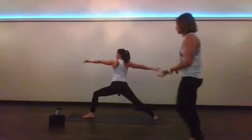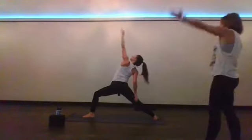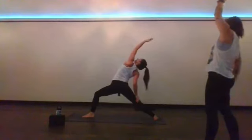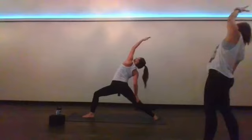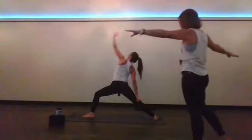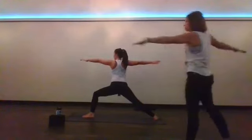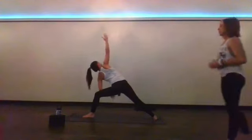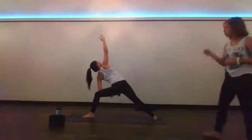Flip your front palm. Inhale, reverse your warrior. Exhale, stay, reach back. Inhale, reach a little bit further back. Exhale, warrior two. Inhale as you reach it forward. Exhale, side angle. Good, and you know you're here for three breaths, so where do you want to go with